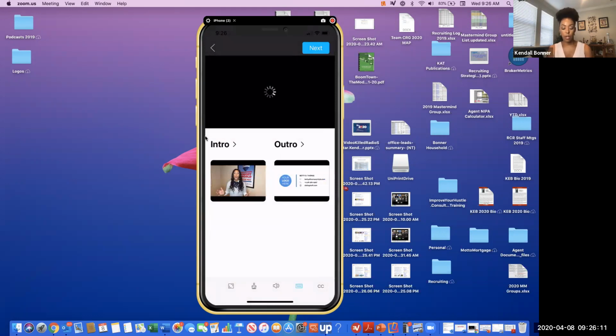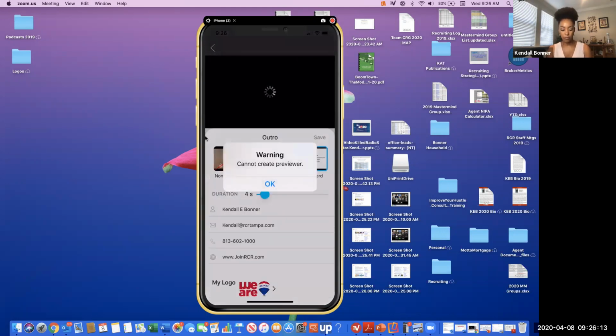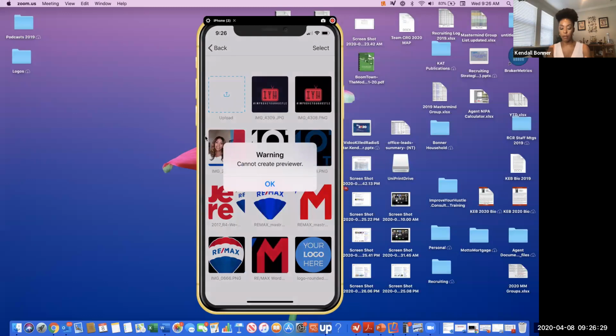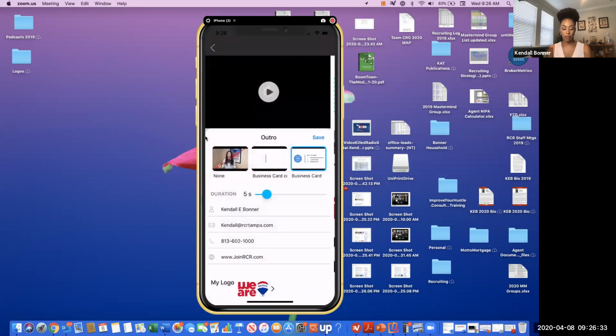All right, and then you can go to outro. So here, you can extend the time of your business card at the end. I usually keep mine pretty short. I have my name, my email, phone number, and website, and logo, right? So again, here, same logo options. You can pick whatever logo you want. For the purposes of this video, I want the Remax logo. I'm gonna hit save,